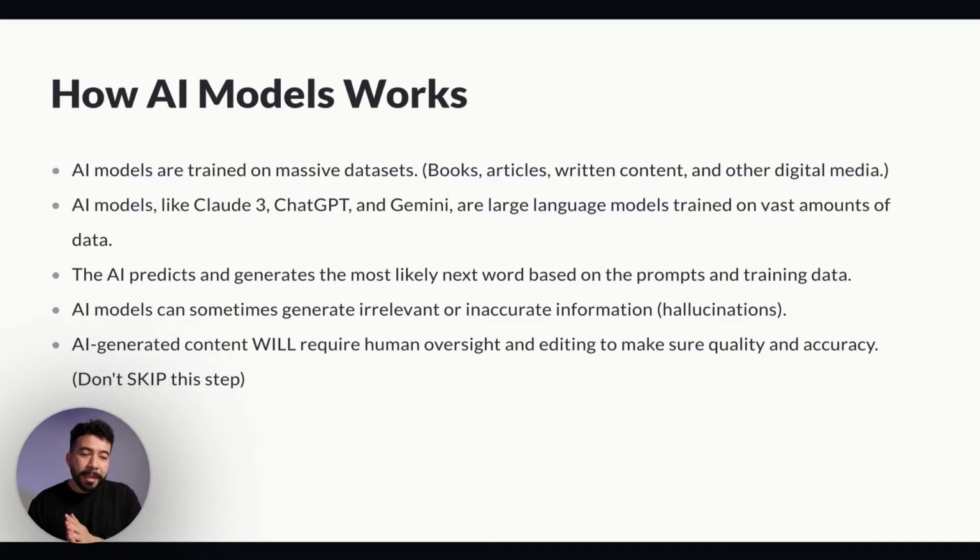AI models, one thing that I've noticed is that they can sometimes generate irrelevant or inaccurate information or just hallucinate if you don't have the right prompts. AI generated content will also require human oversight and editing, so you can always make sure that you have proper accuracy, and you can always fact check your information before you hit publish or send it over to a client, or you have incorrect data. So make sure that you don't skip this step, because many people do and they think that they're not going to get in trouble or whatever it may be, but you want to make sure that you always edit and